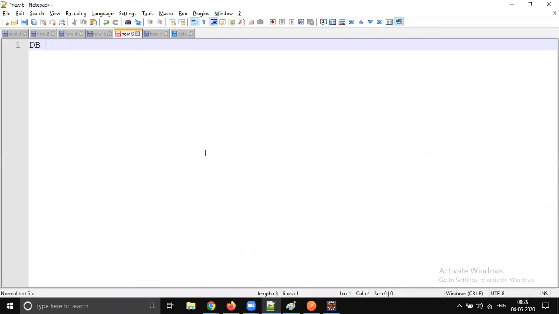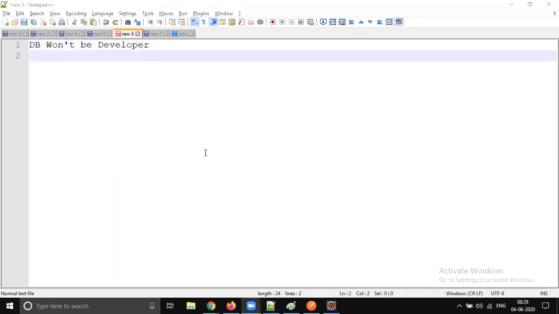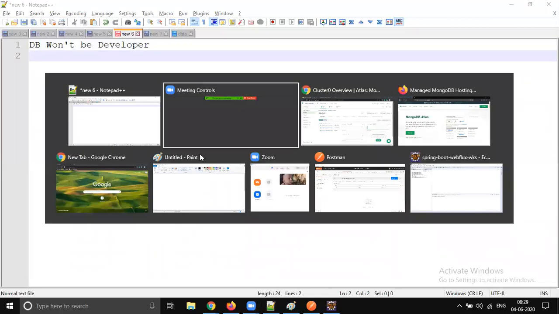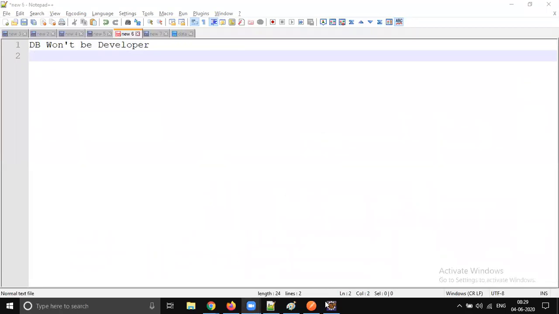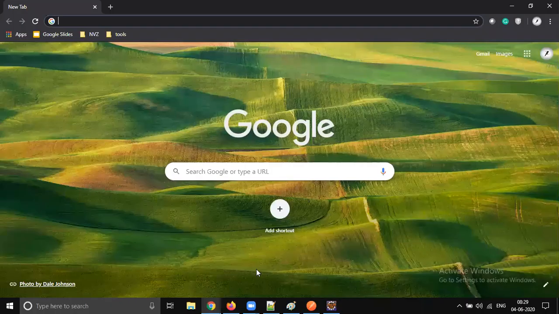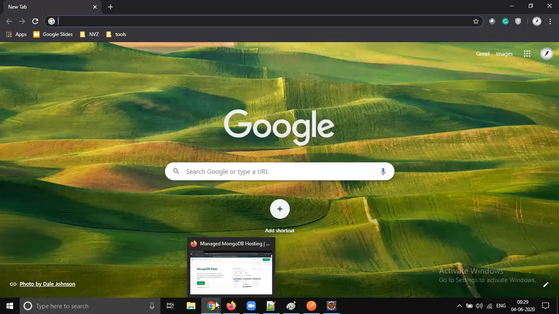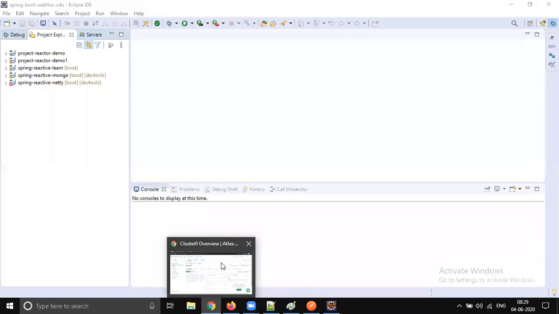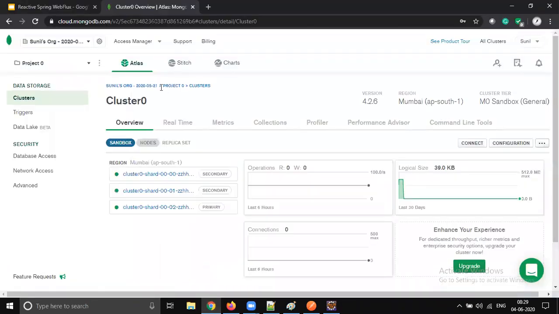The DB will be running on a different computer, and you need to connect to that DB. Here also we will do the same thing. We will be connecting to MongoDB which is running on a cloud, not on my local machine. So it's a more realistic, real time example. That's why we choose this approach.